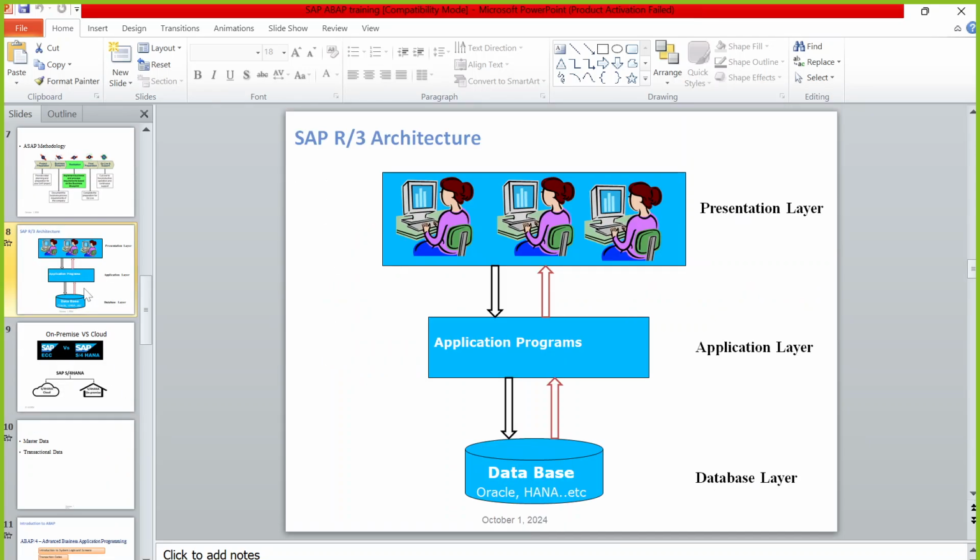So what is SAP architecture? It follows R3 architecture, right? When it was designed in the 1980s, it ran on R1 architecture, where database, application, and presentation were all on the same system. Later they came up with R2 architecture, where they separated the presentation layer from the application and database layer. And later they came up with R3 architecture, where we have three different servers